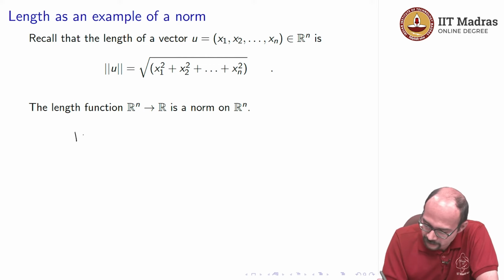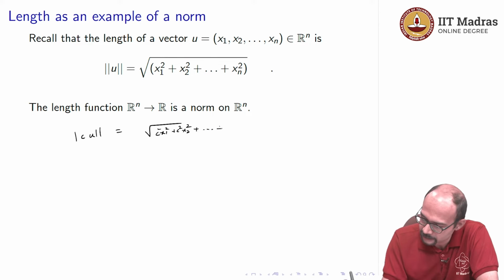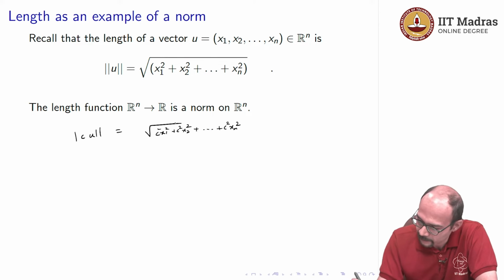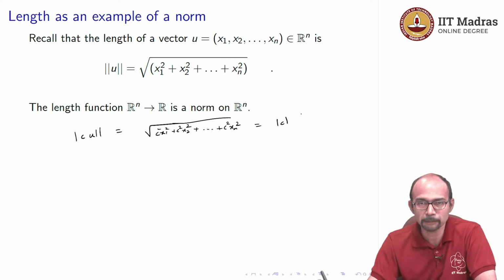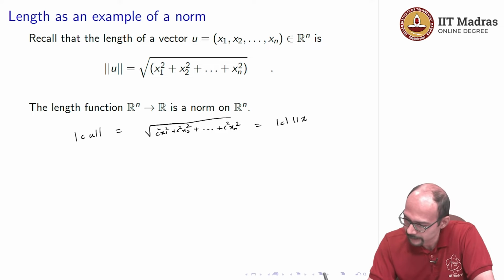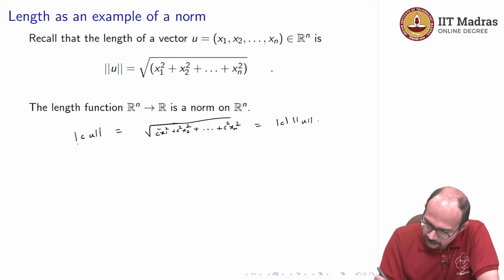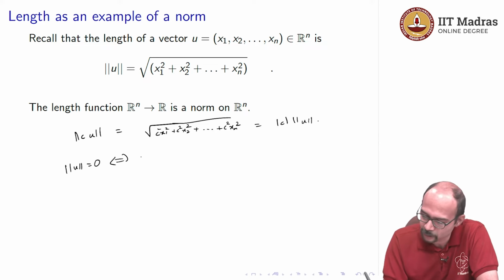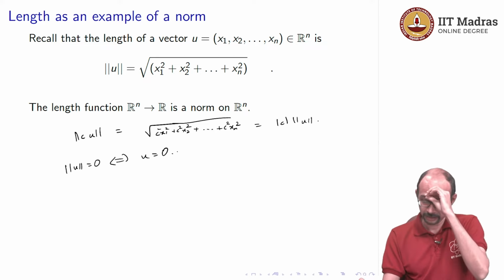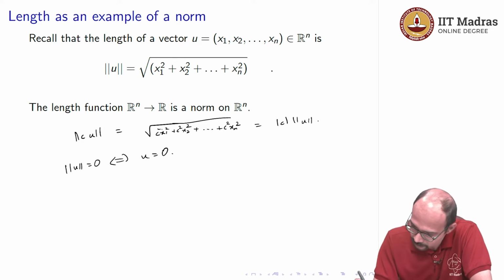As I said, if you multiply this by c, this is clearly root of c squared x1 squared plus c squared x2 squared plus c squared xn squared, and the c comes out but with an absolute value, and the remaining part is norm of u, length of u. Sorry, this should have been 2 bars. Let's see when this is 0. We have actually checked this. So the length is 0 exactly when u is 0. This is something we know, which leaves us with